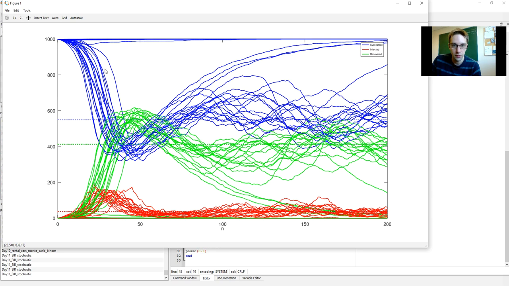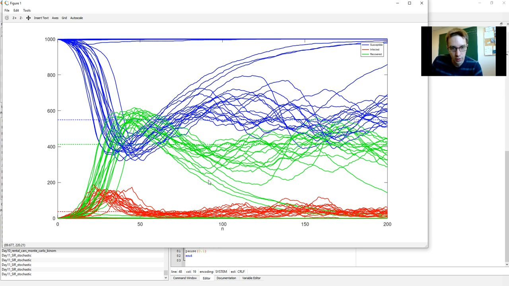However, if you look at the blue curve, it's the easiest to see here. You'll notice that some of the time, it looks like, even here, once it happened early on, sometimes it happens later, that it actually looks like it asymptotes to 1,000, which was the full population. So in this case, it looks like we ended up with everyone susceptible relatively early on in the epidemic. And then in these other cases, later on in the epidemic, everyone seems to be susceptible again.